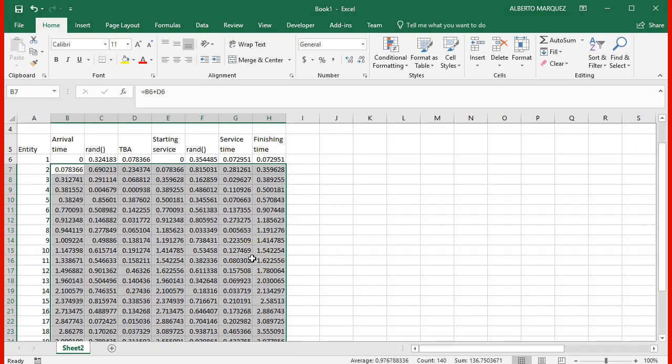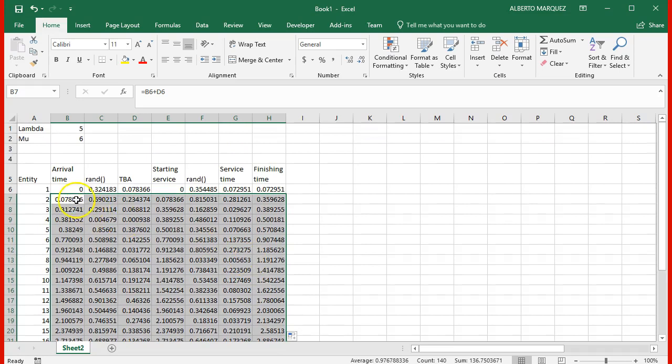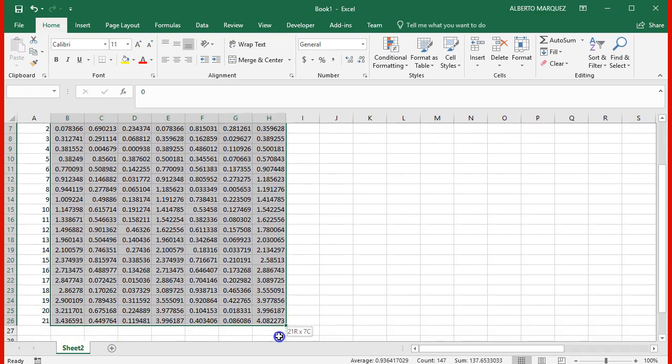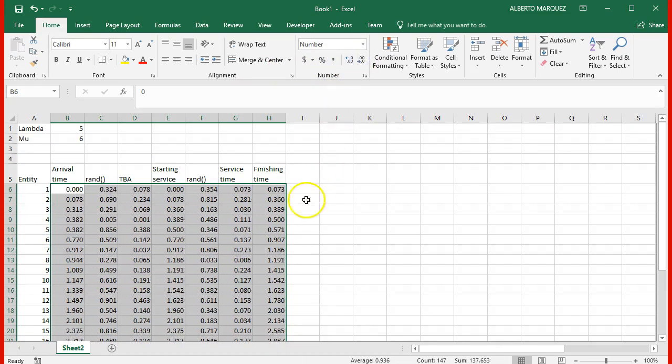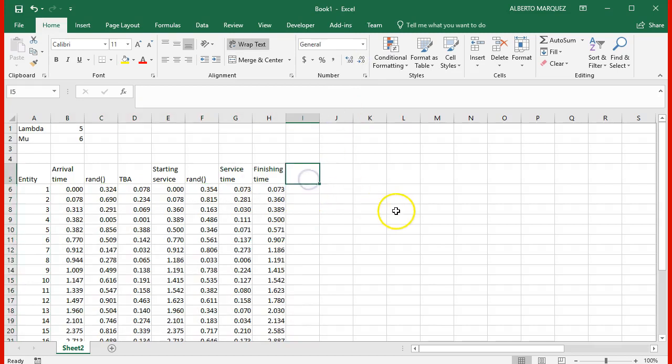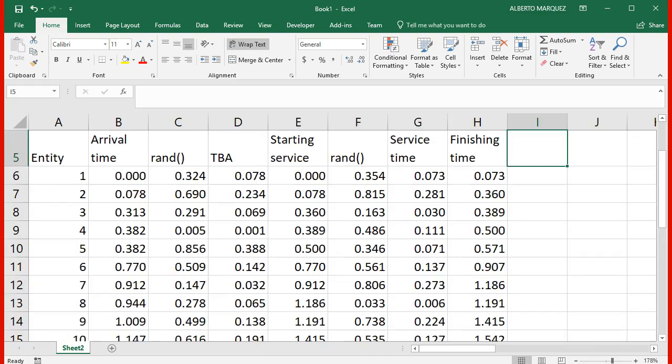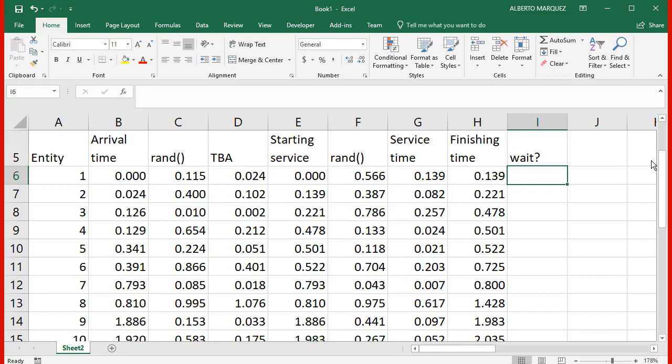And there you go. You have a complete simulation model of an M/M/1. We can make it more readable by formatting the numbers a little bit, and we can make some computations. One first computation is, do we have to wait? Was there any wait for the server to be available? We can ask that question by asking